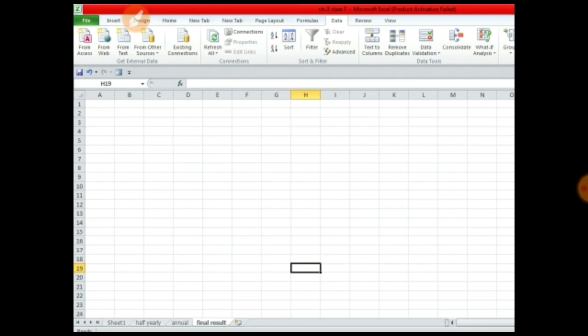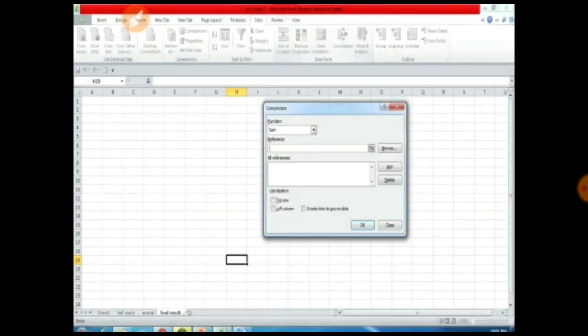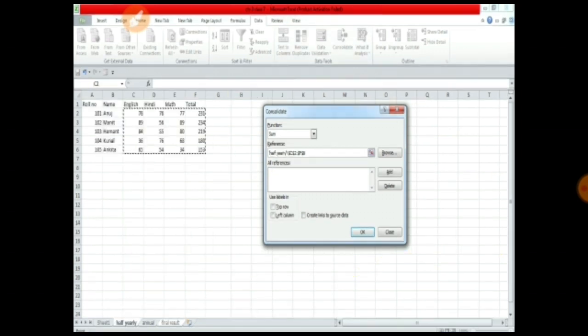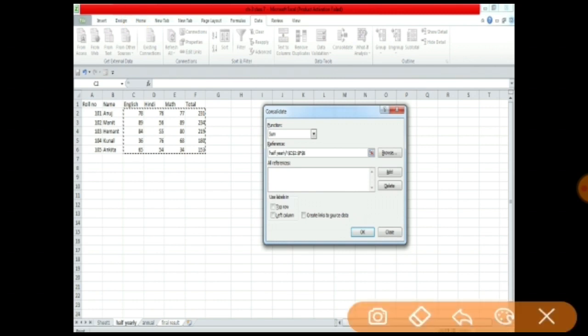After clicking on this option, this kind of dialog box will appear. Here you have to put the reference. Reference means which sheet you want to involve here. We have to involve the half yearly sheet. So you have to go to the half yearly sheet and select the particular data which you want to add. When you select this area, this kind of reference value will appear, right?